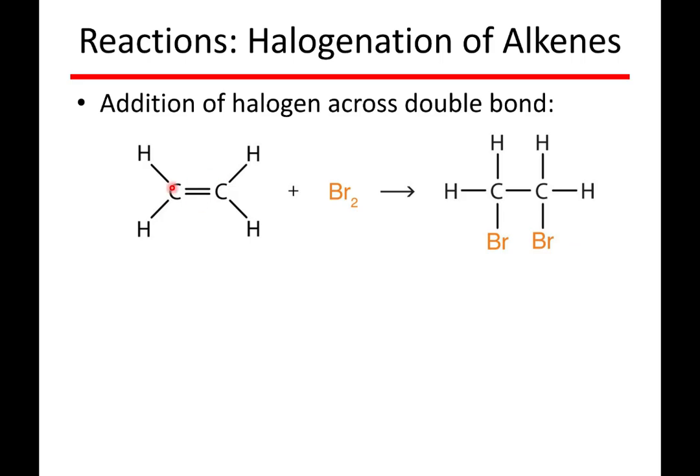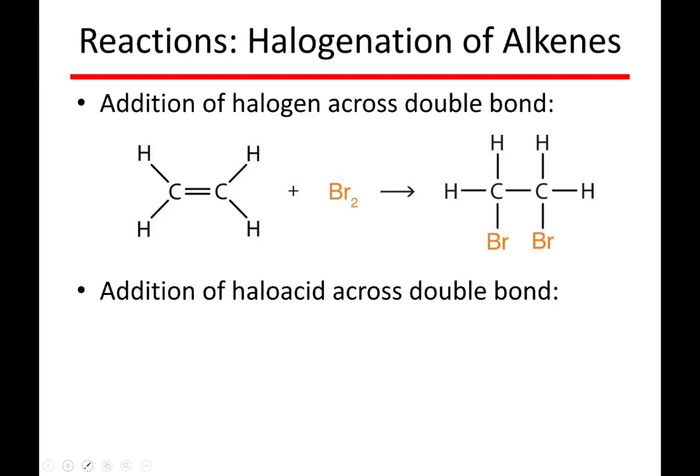When you see a double bond and you react it with a halogen, you would break the pi bond and then add one atom to one of the carbons and add the other atom to the other carbon. There is a somewhat complicated mechanism by which this reaction occurs, but we're not going to talk about the step-by-step mechanism for it here in this class. If you want to see that, you can learn about that in an organic chemistry course. For the purposes of this class, we're just talking about recognizing patterns and being able to predict the products of